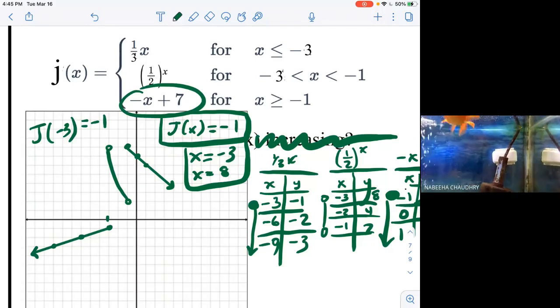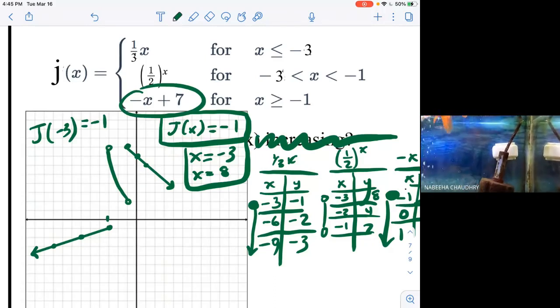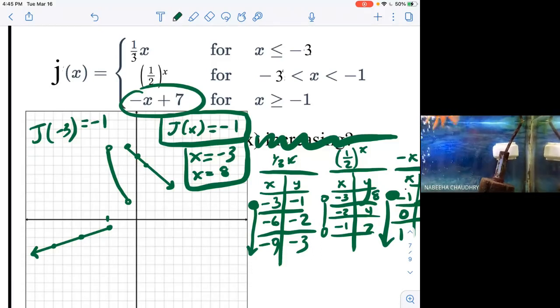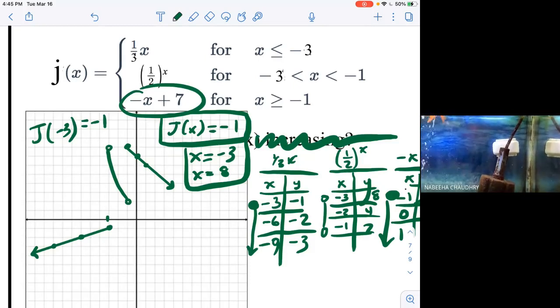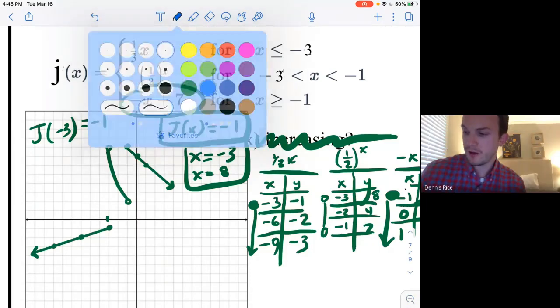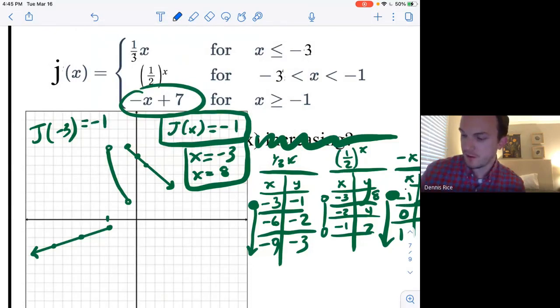But when J of x is asking for finding a value, like the equation J of x equals -1, are you looking across the x-axis to look where the y-axis hits it? If that makes sense. Yeah, so when you're asked where does J of x equal -1, what it's really saying is